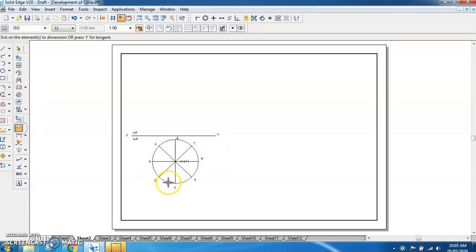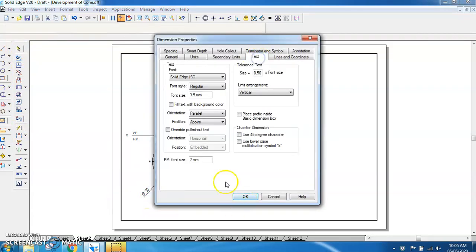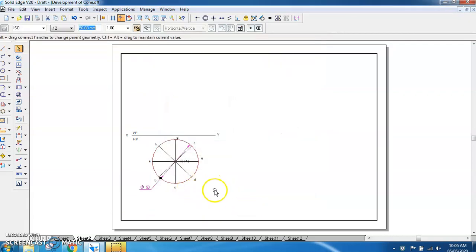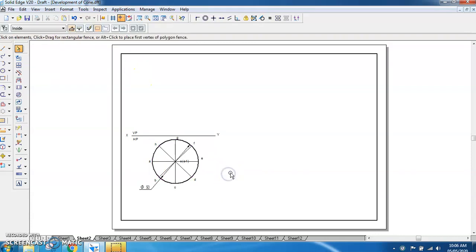Then we can give the dimension for this, and we can make this as horizontal like this. So we have completed the top view, and you can only make this circle as a thick part. Remaining should be thin only, because it is the cone. When you see from the top, only the base edges you are able to see. Generators we don't show them by thick lines. So though we have AO to HO generators, we don't show them as thick line.